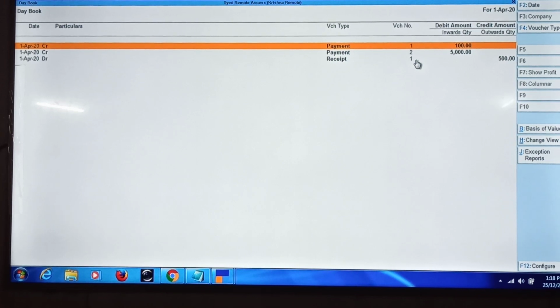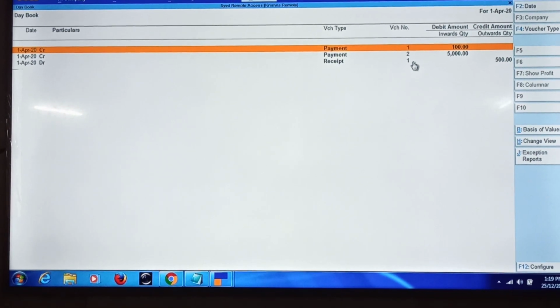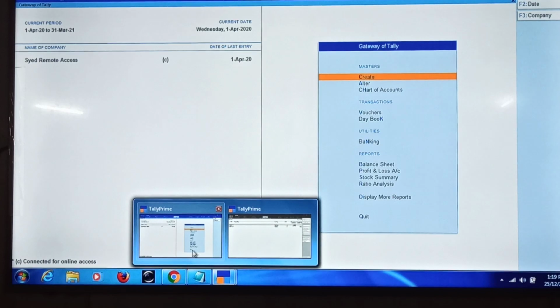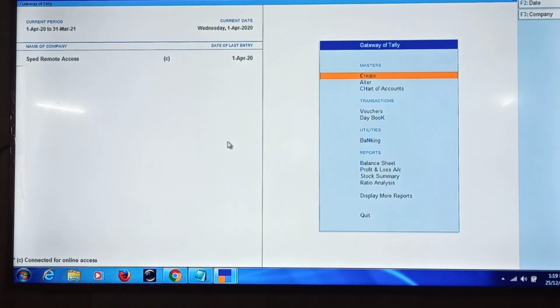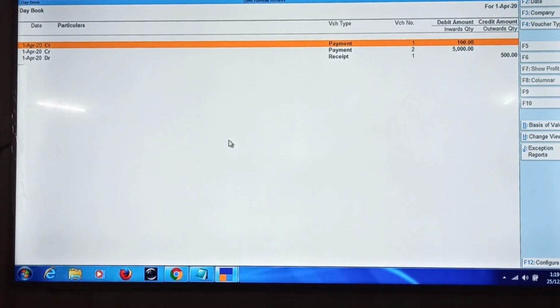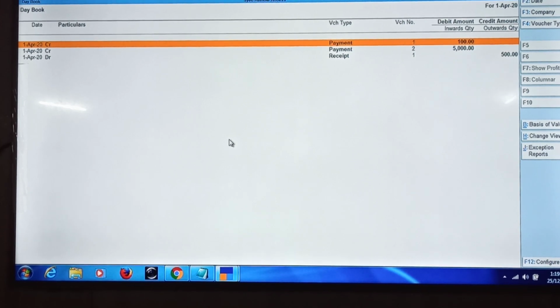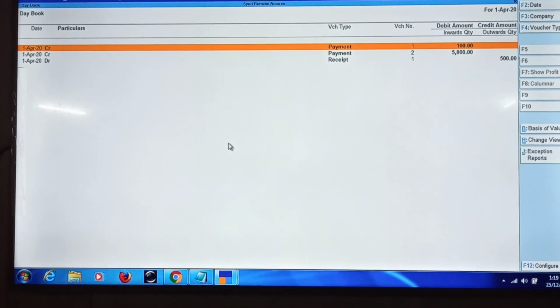It's showing as 3 vouchers. When I switch to my main system, where my company is connected, even there I can see 3 vouchers have come automatically. So I hope everybody has